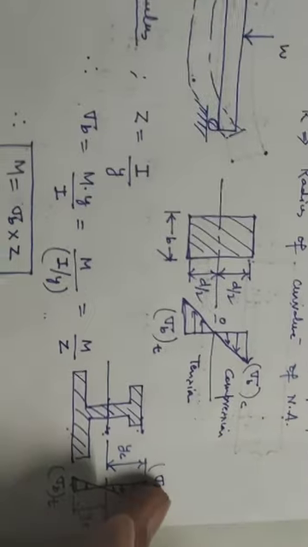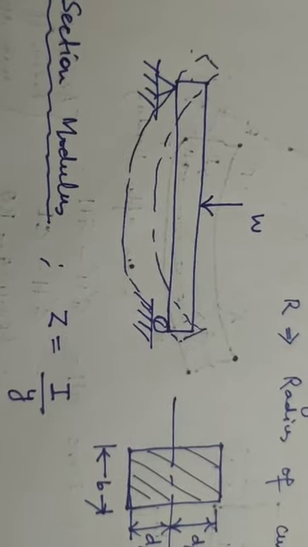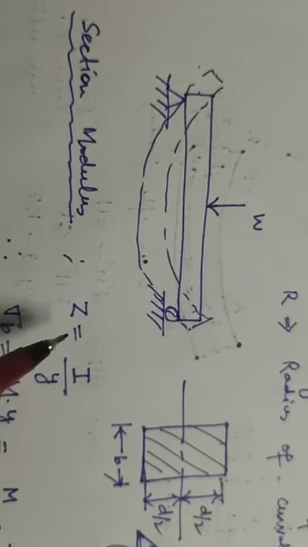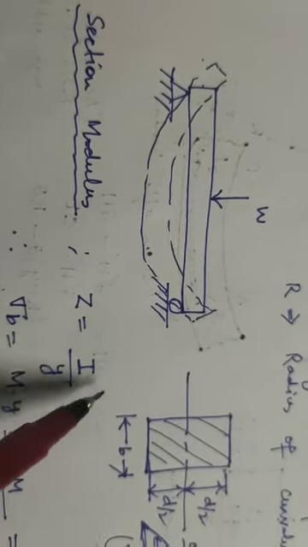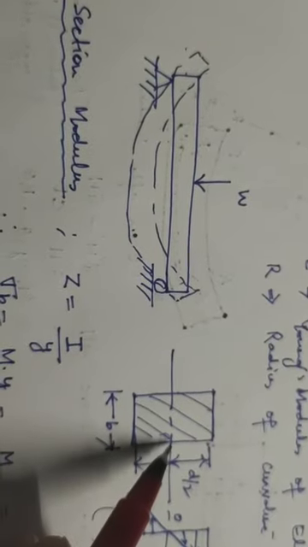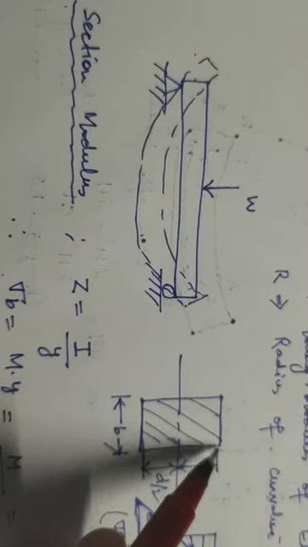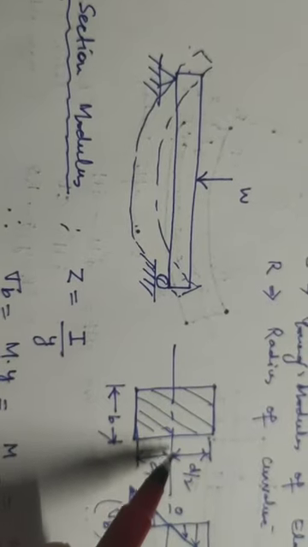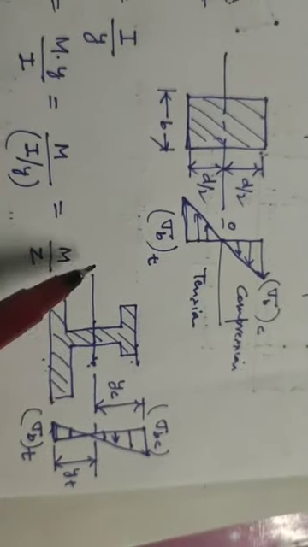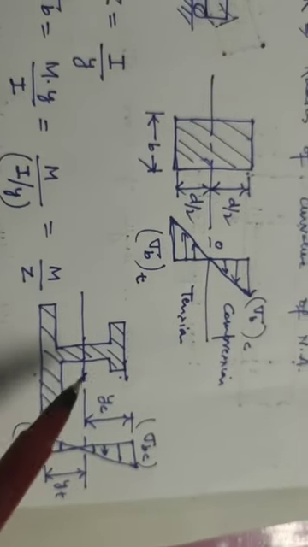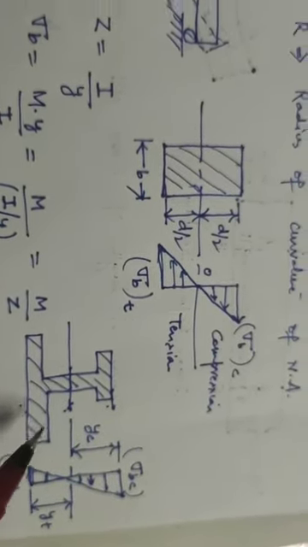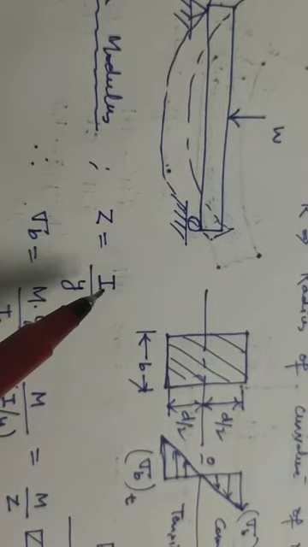Now one more term comes, that is the section modulus of a beam. By section modulus we mean simply the ratio of moment of inertia of a beam divided by the maximum distance of the fiber, these two fibers, from the neutral axis. If the beam is symmetrical, obviously these two distances will be the same. If the axis is not symmetrical, by symmetrical we mean if this axis does not divide the figure into two equal halves, these two distances will be different. So the section modulus Z will be equal to I by Y.